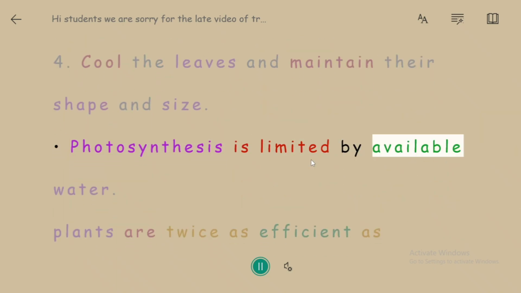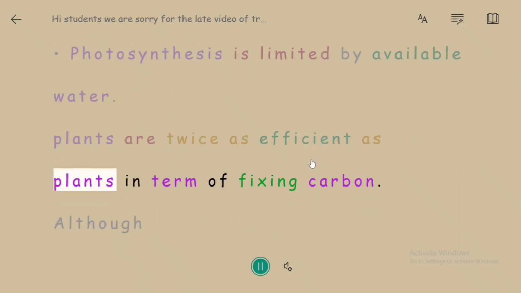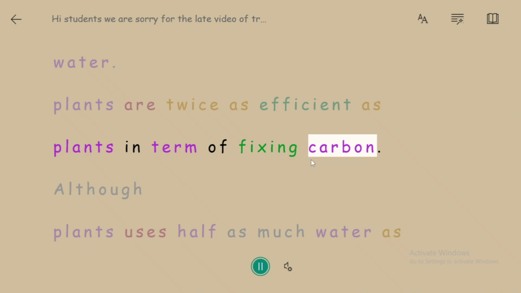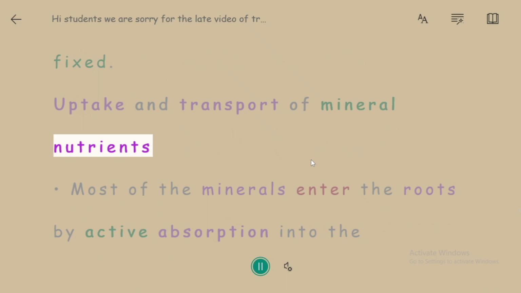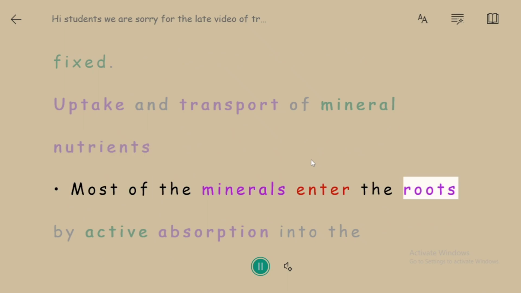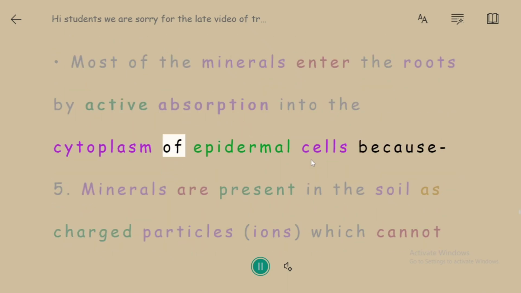Photosynthesis is limited by available water. C4 plants are twice as efficient as C3 plants in terms of fixing carbon, although C4 plants use half as much water as C3 plants for the same amount of fixed carbon. Uptake and transport of mineral nutrients: most of the minerals enter the roots by active absorption into the cytoplasm of epidermal cells because